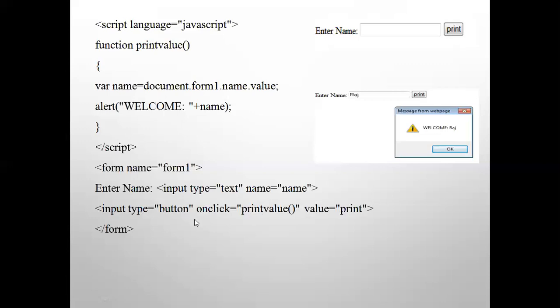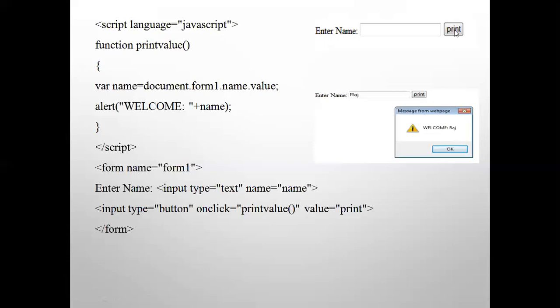So when you run this program, it will show you this output first: enter name, text box and the print button. Next, I will type the name here. Input any value, put your name, enter name, say Raj, and when you click on this, it will say welcome Raj.